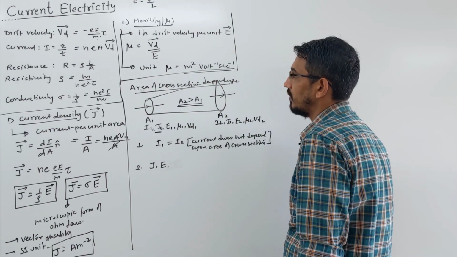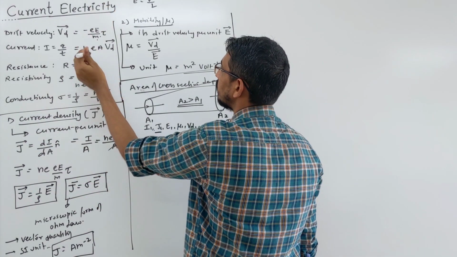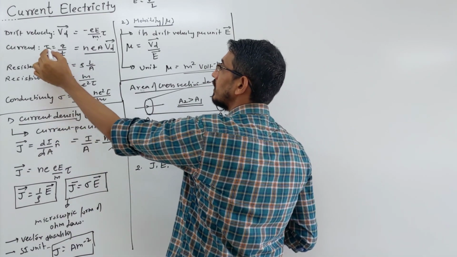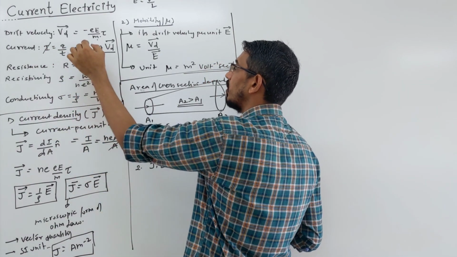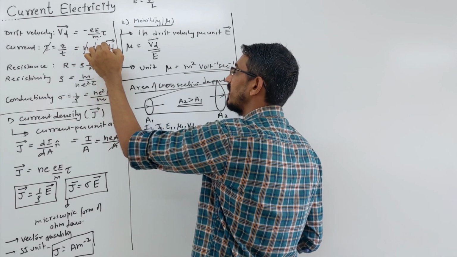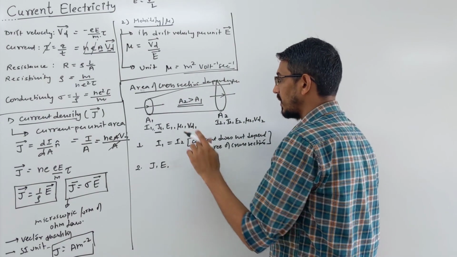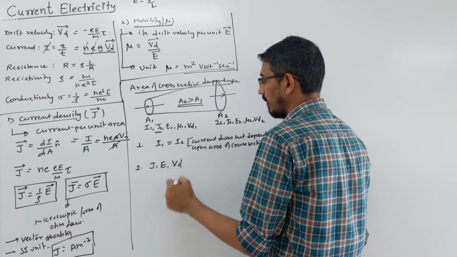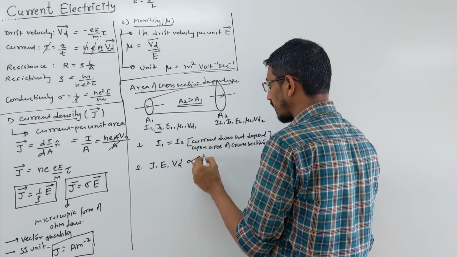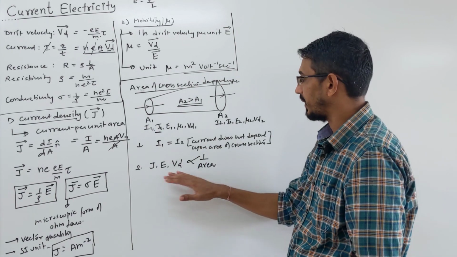Look at the drift velocity formula, or look at this formula here also, watch carefully. Current is constant, number of electrons is constant, e is a constant, then you see drift velocity and area become inversely proportional. So directly I am saying these 3 things, current density, electric field and drift velocity, all are inversely proportional to area, clear?